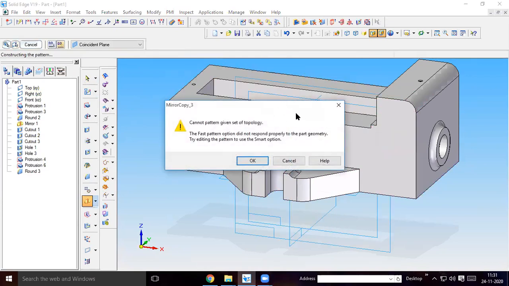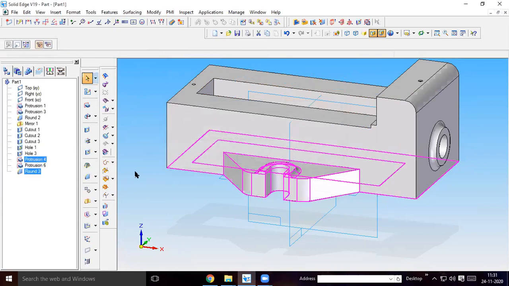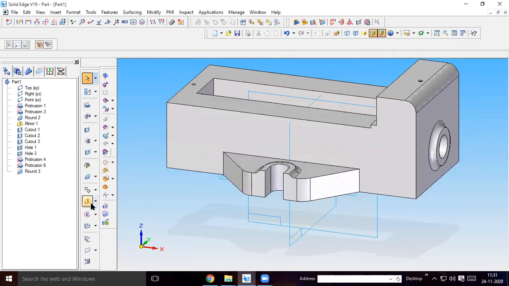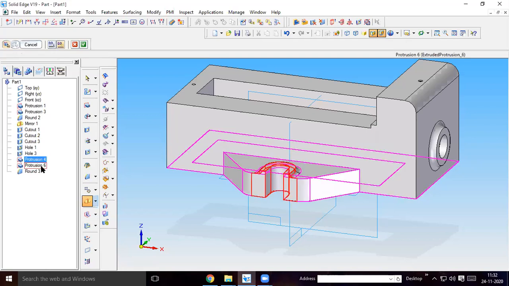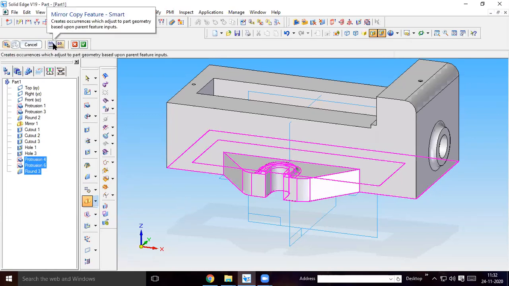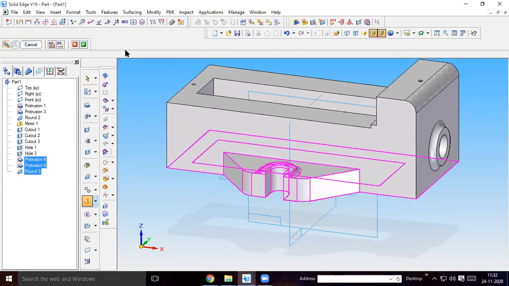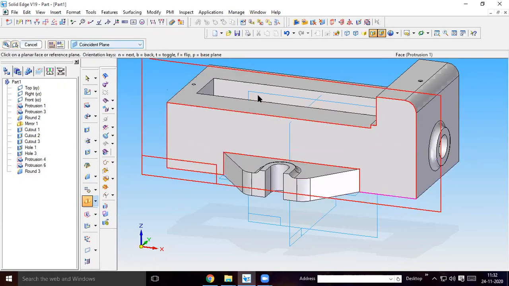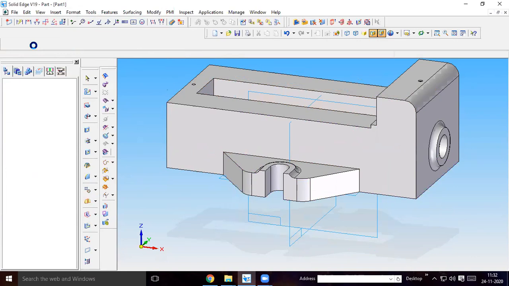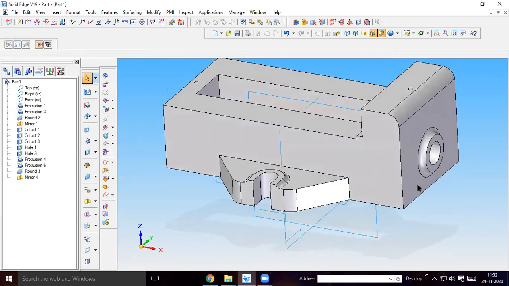Select reference plane. Select features to be included. This one, this one, this one. And then you have to select smart mirror. You select the first one here. Smart mirror option can be seen here. You click that. Then right mark here. Then you select the plane. Then finish.